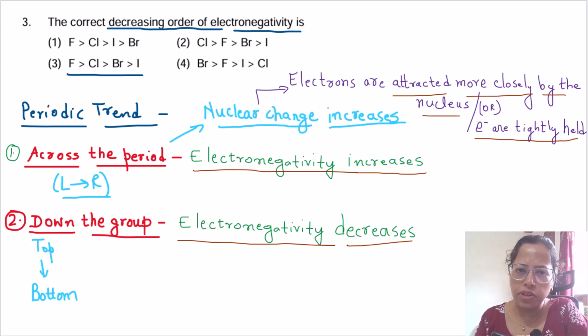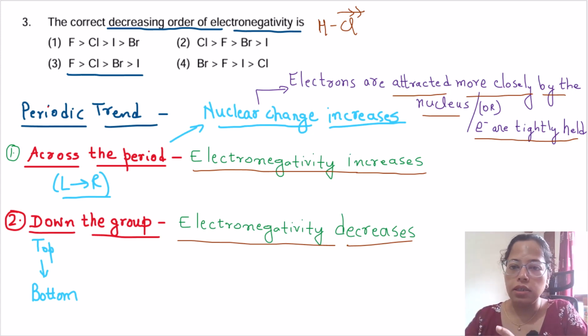And what is electronegativity, by the way? You know the definition, you know the meaning of electronegativity. Yes, it is the tendency of an atom to attract the shared pair of electrons in a covalent bond more towards itself. For example, let's quickly revise HCl. Chlorine is a highly electronegative element as compared to hydrogen. So the electrons that are shared in this HCl bond are more attracted towards chlorine. And that is the electronegativity of chlorine, its tendency to attract electrons more towards itself.